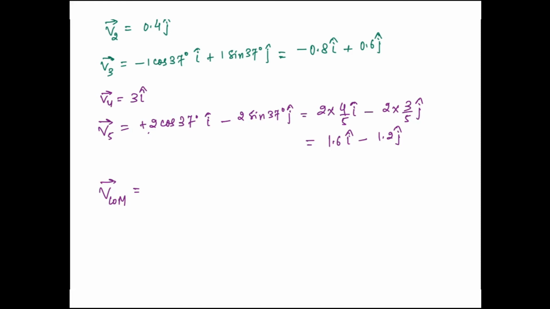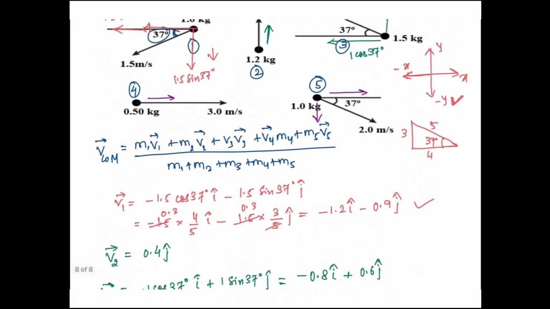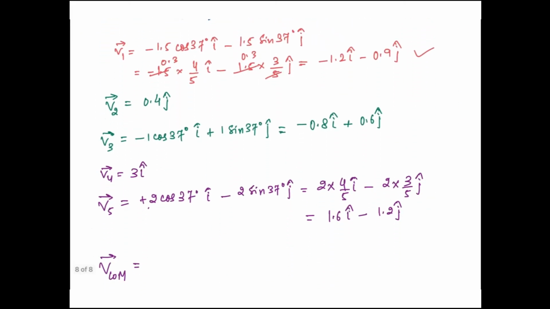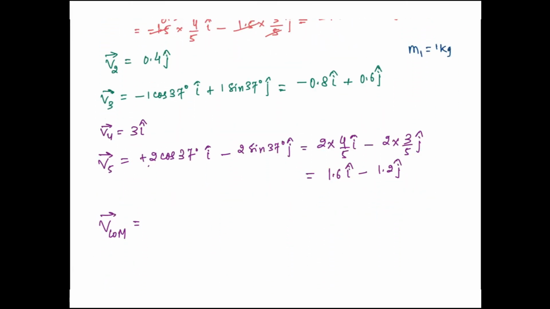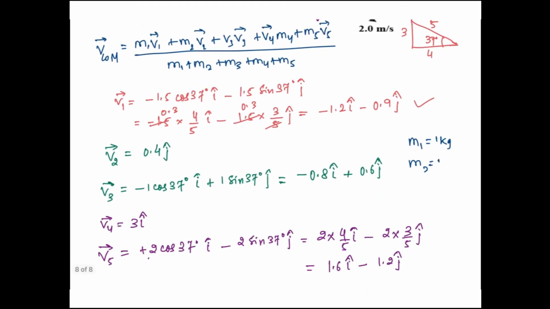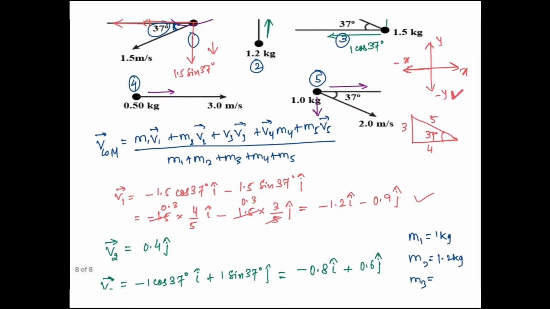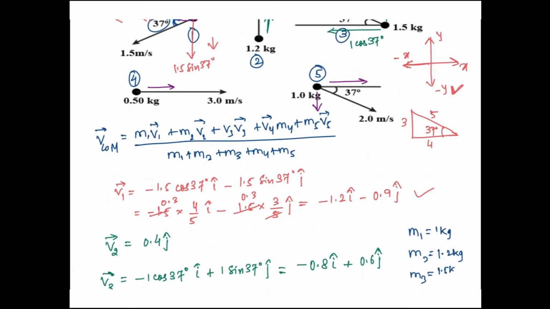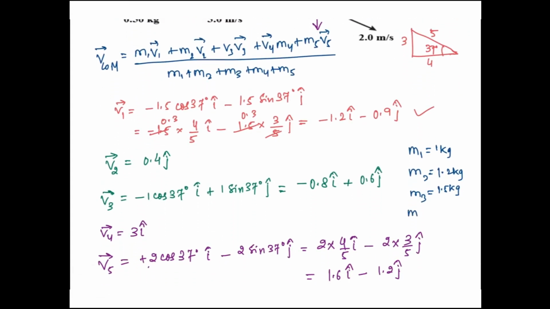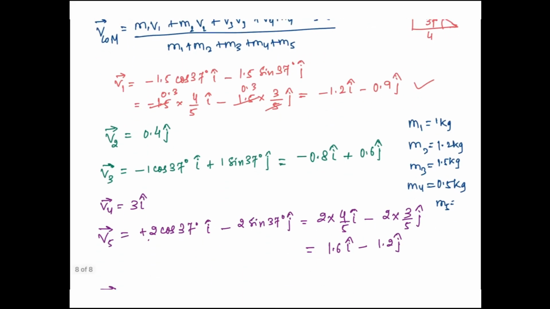it will be m1 into v1. So what is the value of m1? M1 is 1 kg, as you can see here. The value of m2 is 1.2 kg, the value of m3 is 1.5 kg, the value of m4 is 0.5 kg,